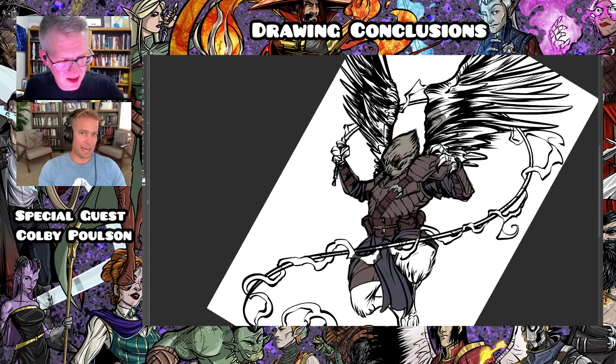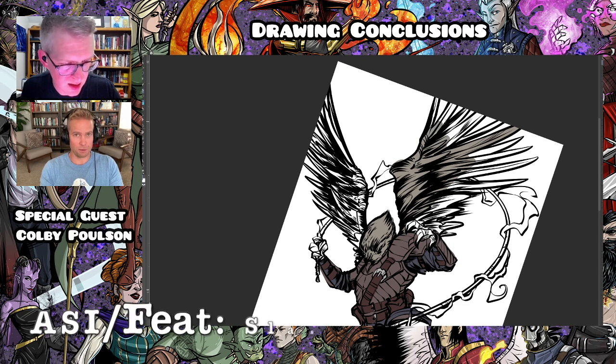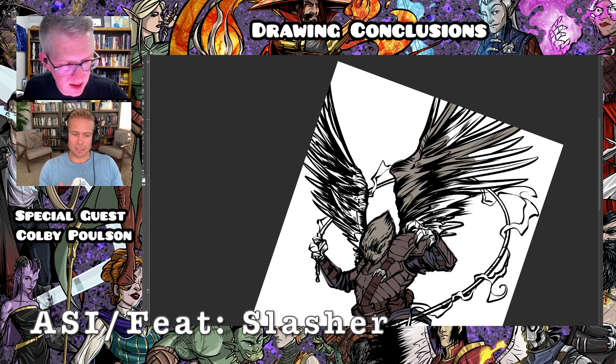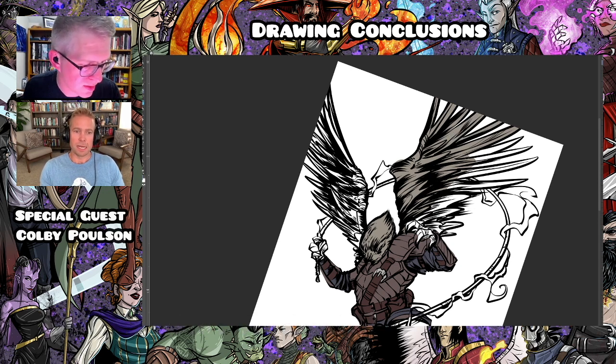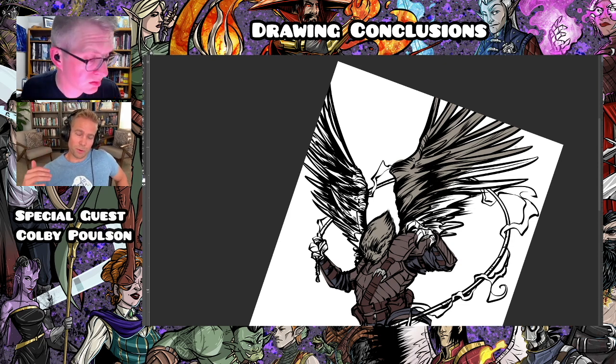So I want to take a half feat here that will give me a +1 to my dex, and then something else that's nice. I think the best option of all that's available to us is the Slasher feat. This is a nice little support feature, primarily. You get to take a +1 to your dexterity or your strength. We'd go dexterity, obviously. And then once per turn, when you hit with a slashing attack, and our whip does slashing damage,